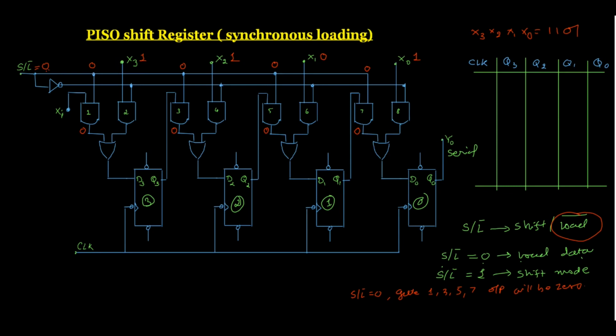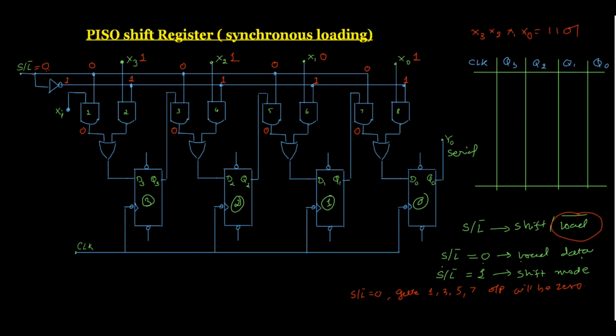Okay. Now look at this. With the same line we have connected a NOT gate. So due to this NOT gate, on this line there will be a high level, a level 1. So the input to gate number 2 will be 1, the input to gate number 4 will also be 1, gate 6 will also be 1, and gate 8 will also be 1.